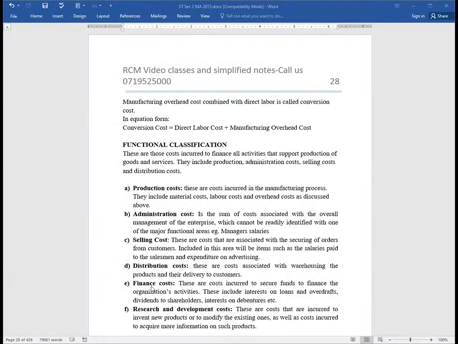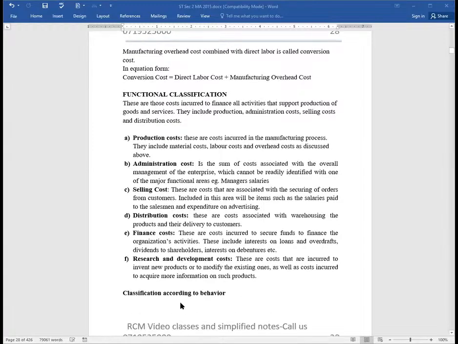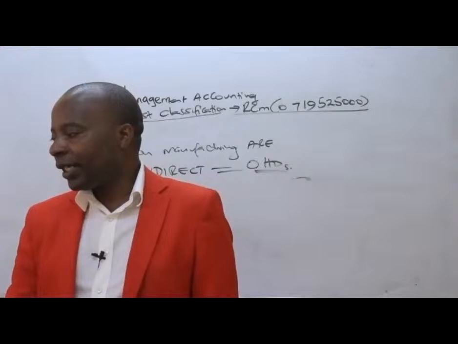finance cost. Of course, you need to be accounting for whatever you do in your company. So these are serious functions, and they have to be categorized. You must have costs related to that, like the wages and salaries of the accountants, etc., and research and development. What you're supposed to understand, ladies and gentlemen, in short, is the fact that